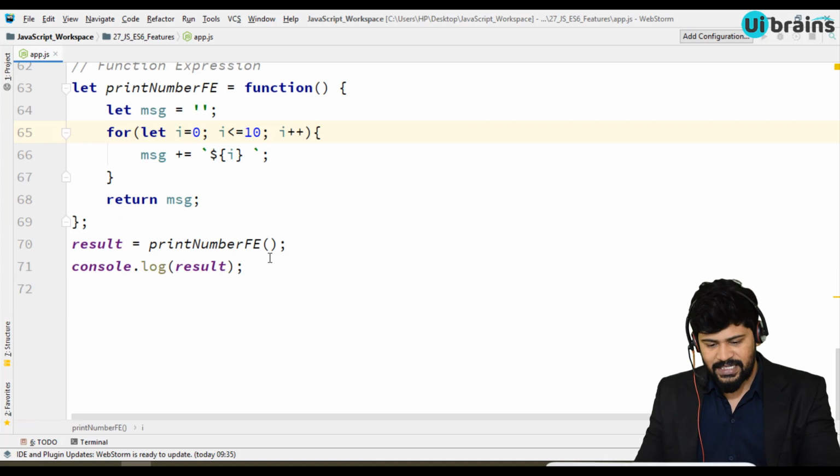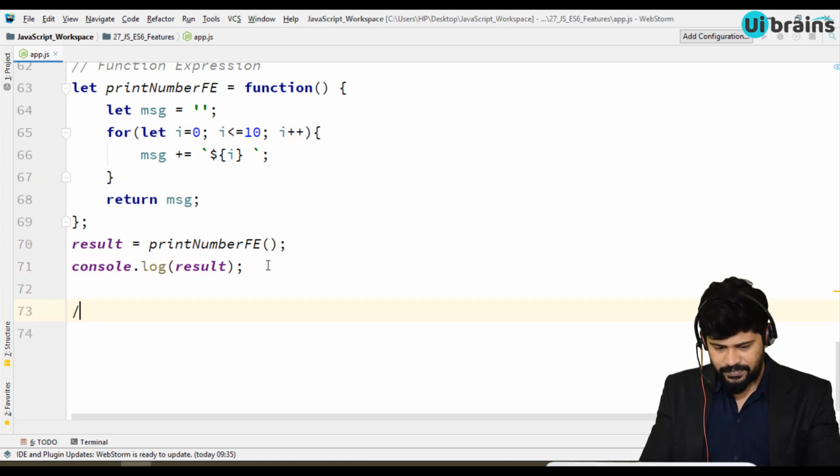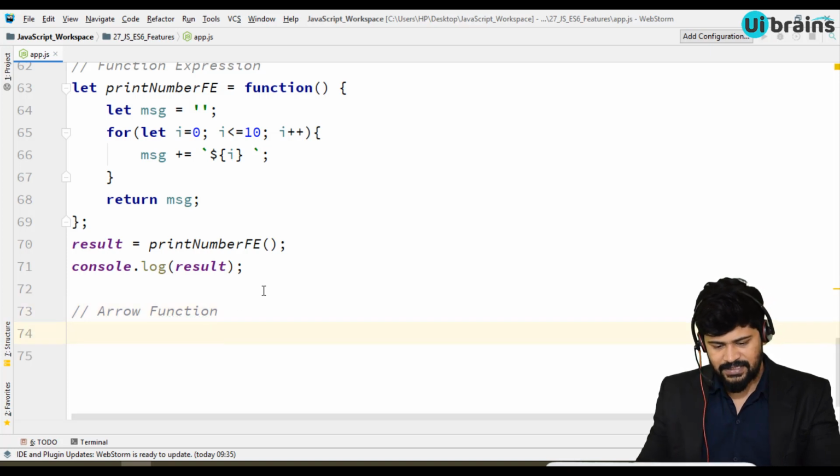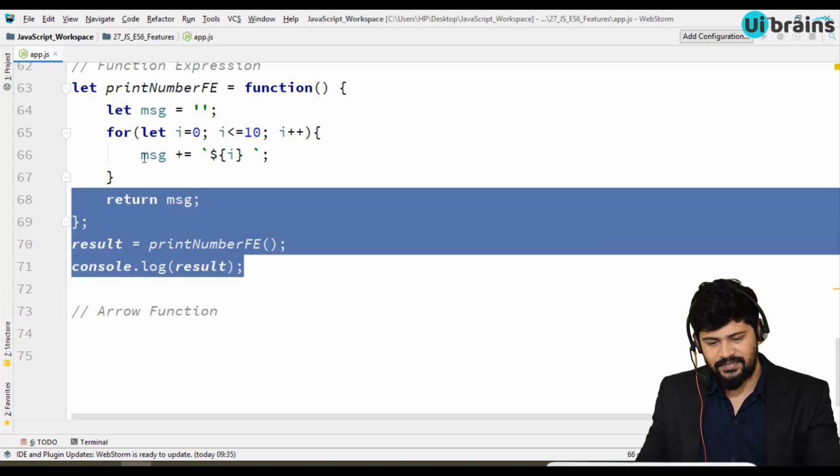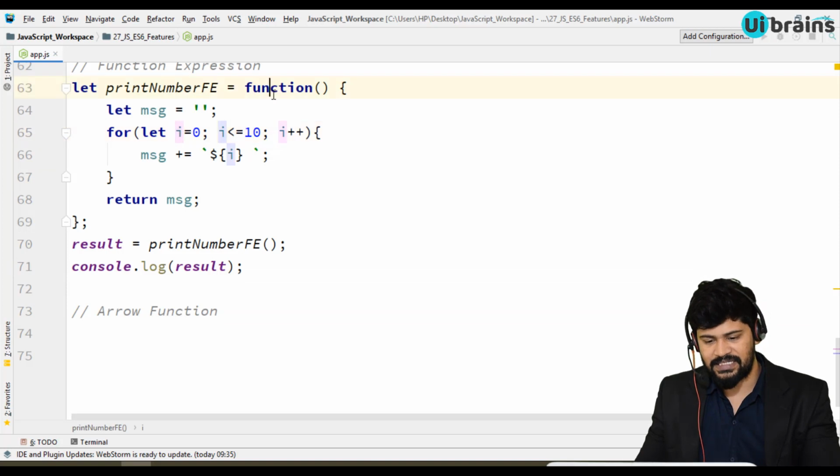Now let's see what an arrow function is. An arrow function is the same as a function expression, but instead of the function keyword, you write an arrow.